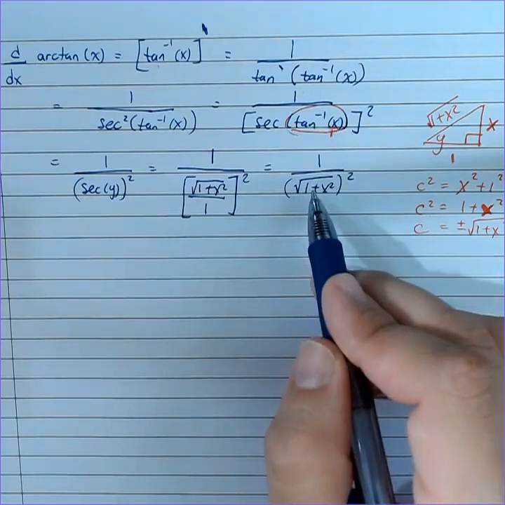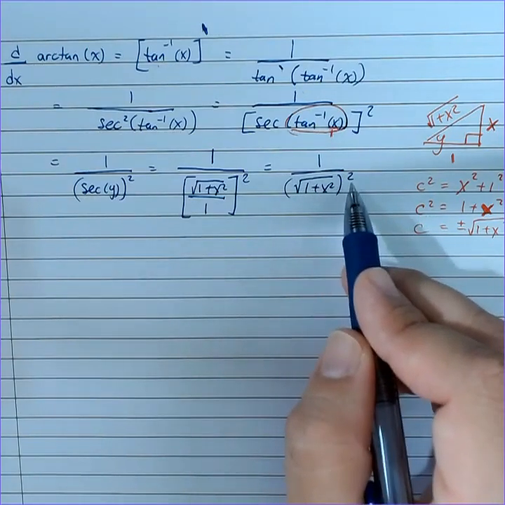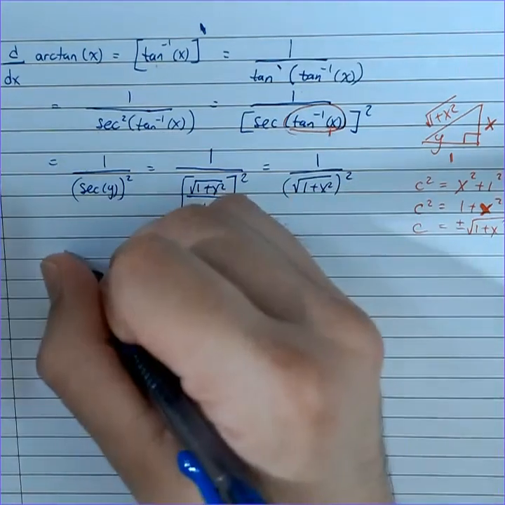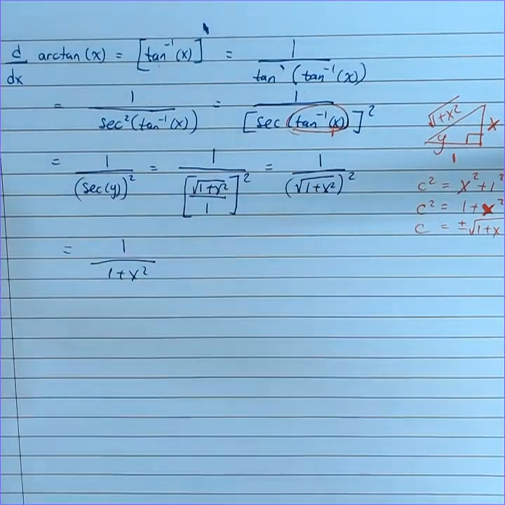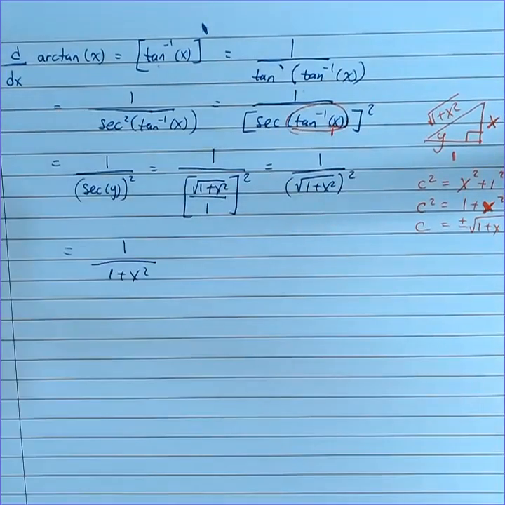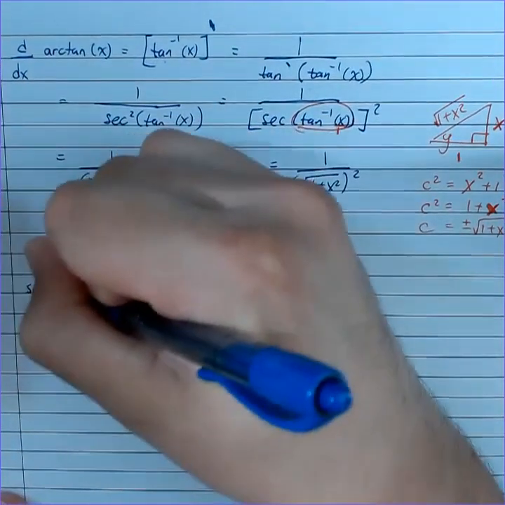Here, the square root of 1 plus x squared, squared, will just give us 1 plus x squared. So that's going to be 1 over 1 plus x squared. So that's the derivative of the arctangent of x. So by the chain rule,